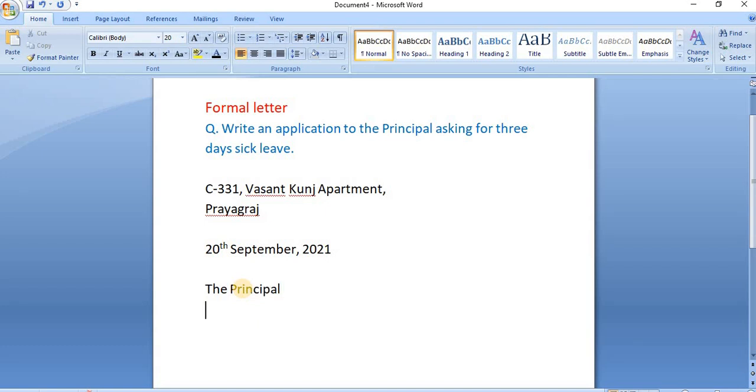The name of your school is Army Public School, New Cantt, and it is located here in Prayagraj.